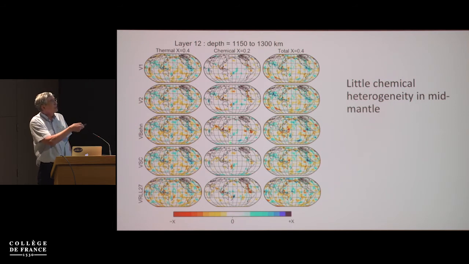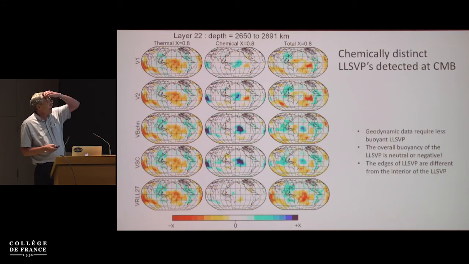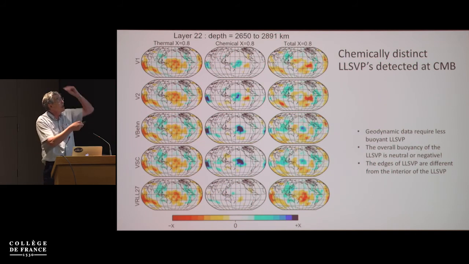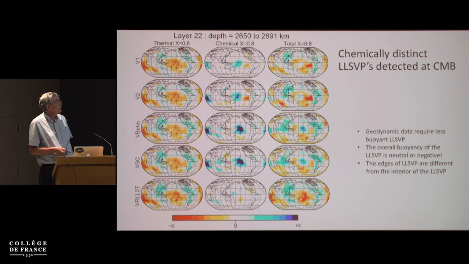There's very little chemical, and the chemical anomalies that show up are kind of short wavelength. I'm not sure how significant they are, but much less. So there's little chemical heterogeneity with our definition of that needed in the middle of the lower mantle. As you go down to the bottom of the mantle, however, the slide is at the base, the D double prime region. Here is the thermal. You see the